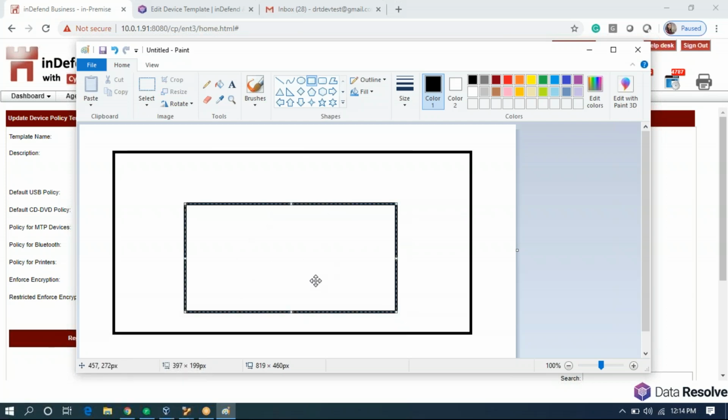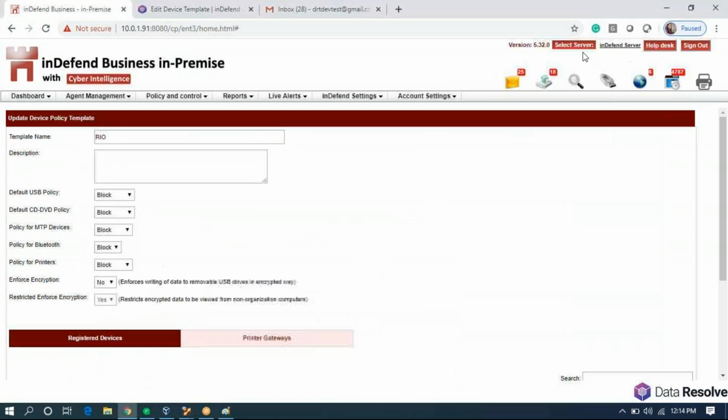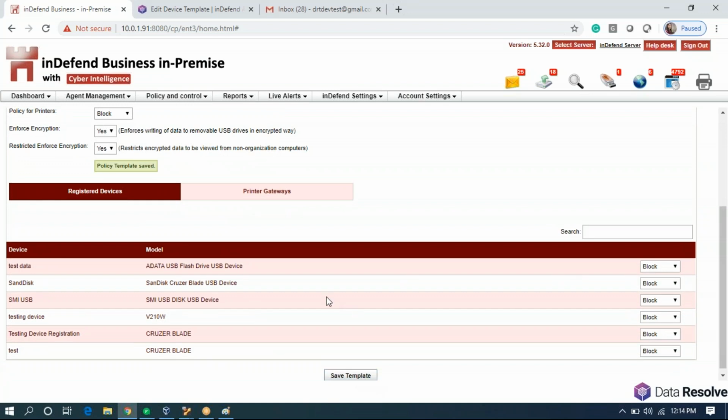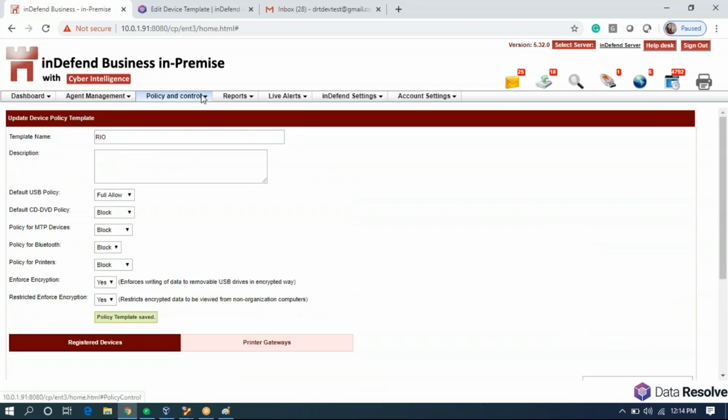Now this vault is created, it's a one-time activity and it is created the first time you plug in a USB. So I'll enable this. For that, first I'll have to full allow USB and enable enforced encryption. We save this policy.